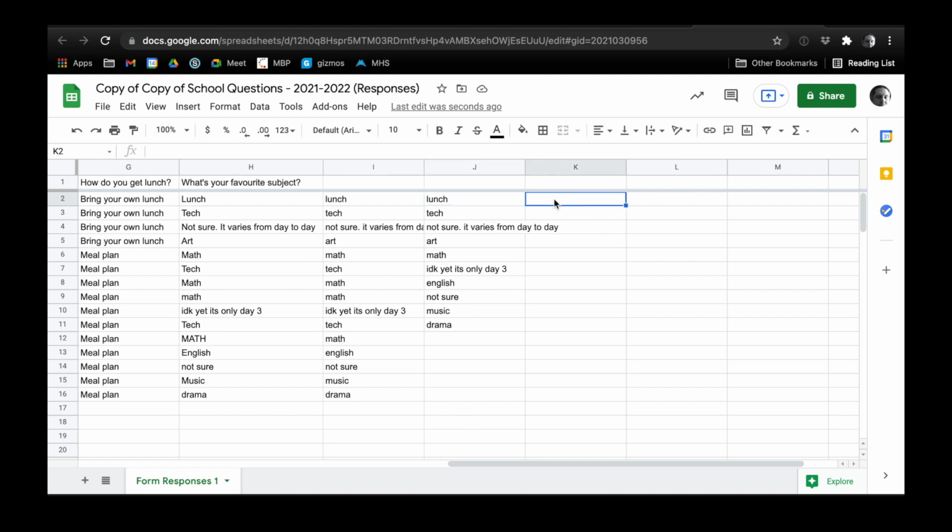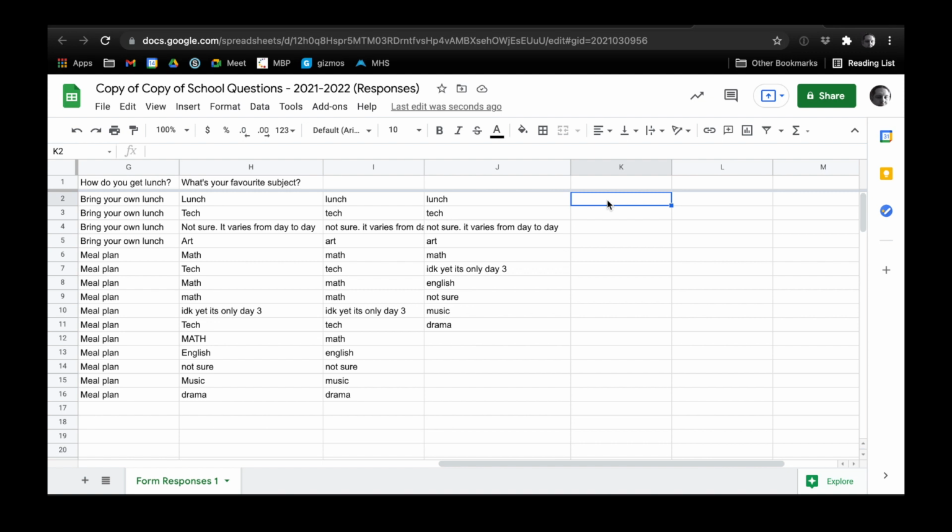All right, there is a function that can help us count the number of times the word lunch comes up in column I. Now I can see it's just 1, so that's good. When we're learning functions, being able to eyeball and understand what the correct answer is first to make sure functions are working properly is good. It's sometimes good when you're writing functions in a spreadsheet to work with a really small data set so that you understand it's functioning properly before you go ahead and apply it to all your data so that you really understand how it works. Okay, so we're going to learn a new function right now, and that function is called